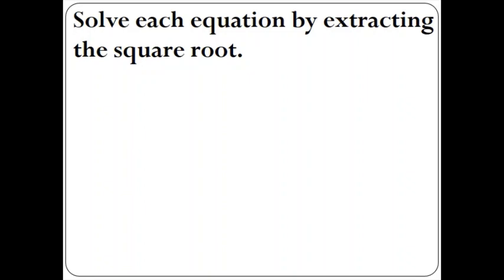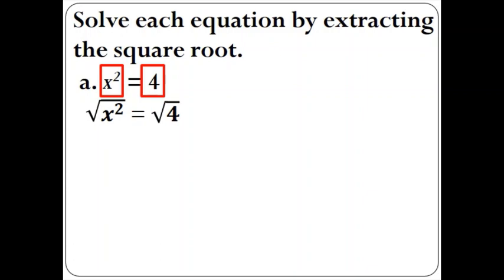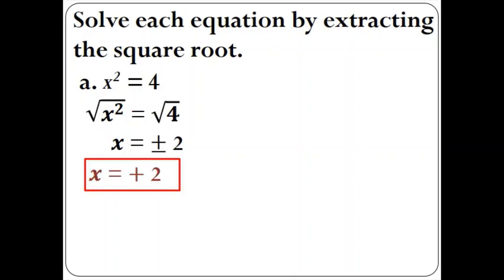So, meron tayong example. Solve each equation by extracting the square root. So first, we have x squared is equal to 4. So extract both sides of the equation. So ganyan yung magiging itsura. Then, when you get the square root of x squared, the answer is x. And when you get the square root of 4, it is positive negative 2. So, the solution to the equation x squared is equal to 4 are positive 2 and